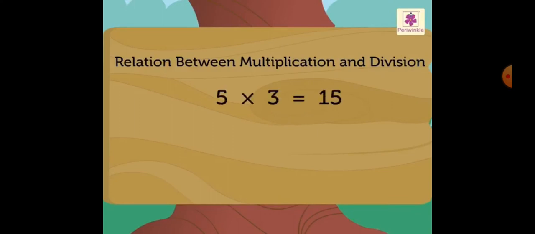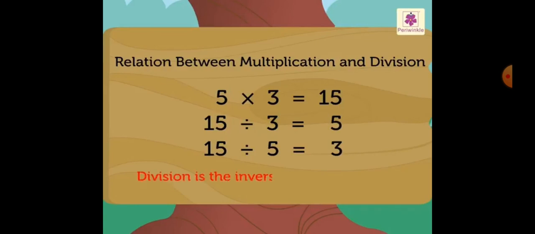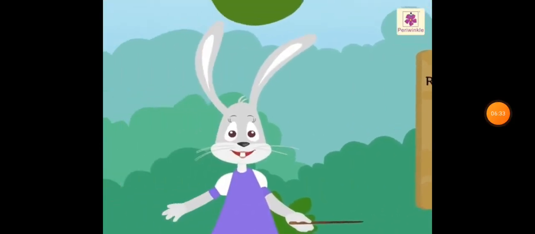From the same example used, we got to know an interesting fact about multiplication and division, which is division is the inverse of multiplication. That is, when we divide the product with one of its factors, the quotient that we get is the other factor. Now, let us take